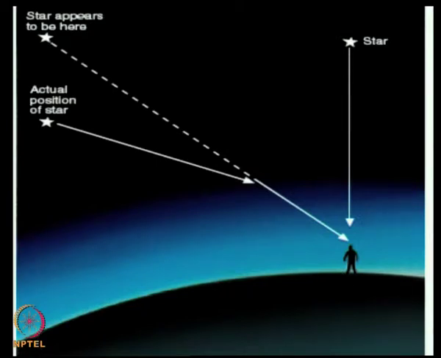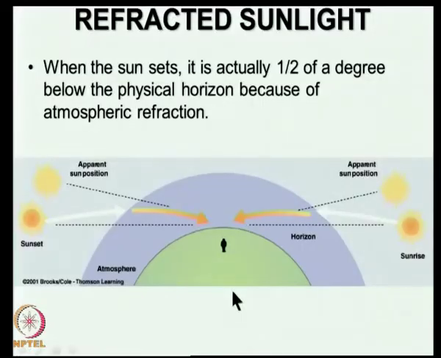Now, for astronomers, all these phenomena are very important, because if you are looking at a star overhead, there is no problem, but when you are looking at the star at an angle, then the apparent position of the star is not the same as the actual position, because the rays of the stars are refracted through the sky. So, you have to correct for it. These are things which have been studied by astronomers very closely, because they want to know the actual position of the star, not the apparent position here. You know the actual position is here, you have to correct for it by measuring the refraction.